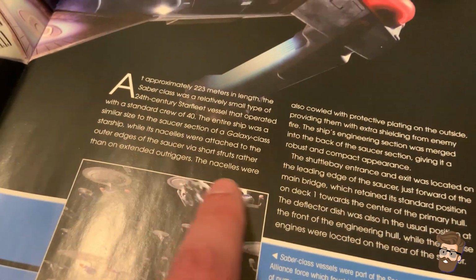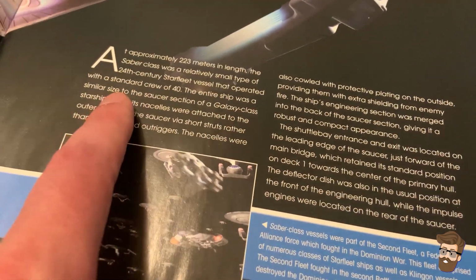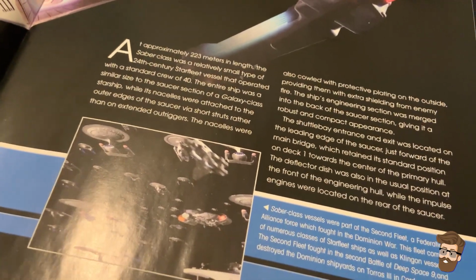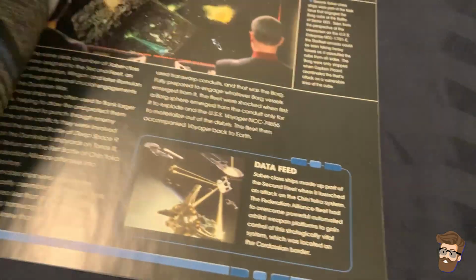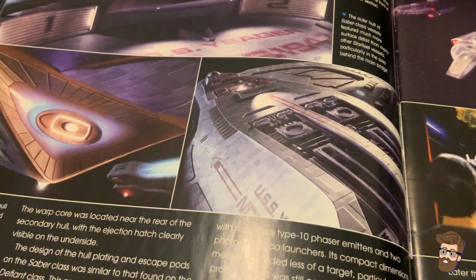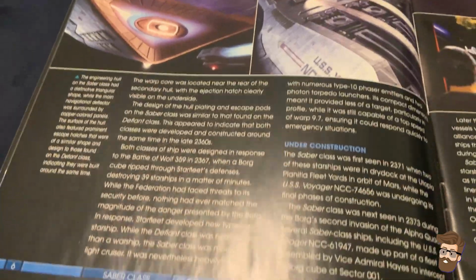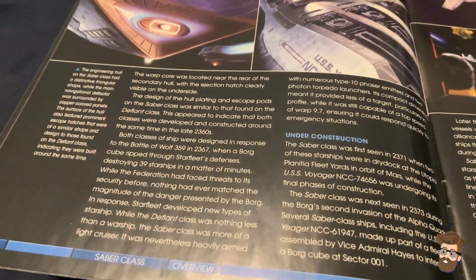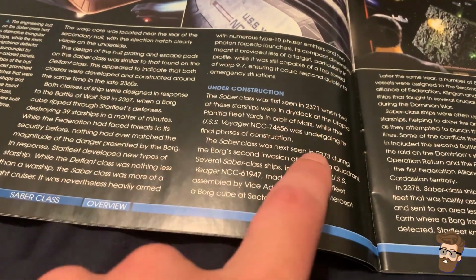But if you want to go ahead and read any of this, you absolutely can. I do find it interesting. The ship in its entirety is about the size of a Galaxy class's saucer section, so it's about 705 meters across on that. I'm going to read more into this in between the sections here. I like that they're showing very good details on this too. And of course, you've got the glare from the light overhead. Again, if you want to pause and read any of this, you absolutely can. Note here that the Saber and the Defiant were built in the late... Oh yeah, 2367 was Wolf 359, 2371...